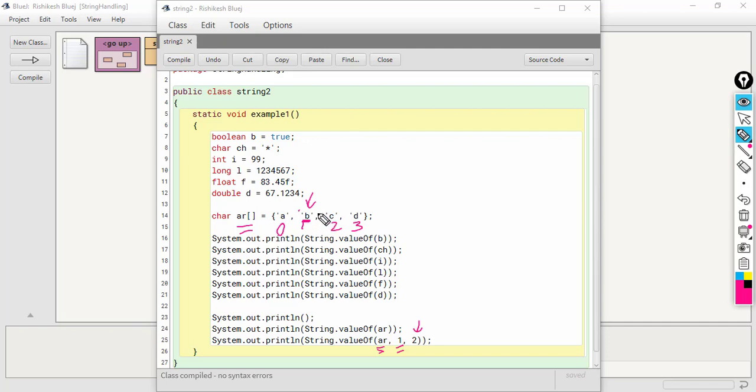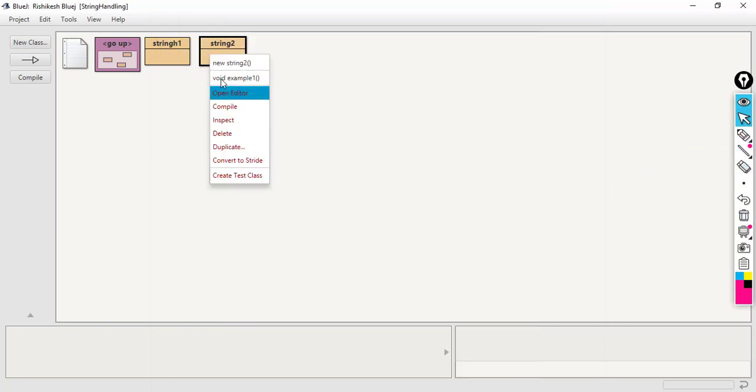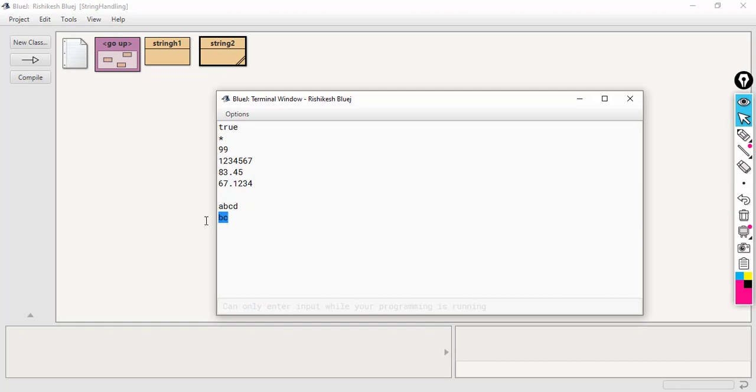So 2 means I want 2, that means we already have 1 here, and then another 1 will be taken from here, and that will take the total count to 2. So it will combine both the characters into a single string "BC". So the output is BC, as you can see here.